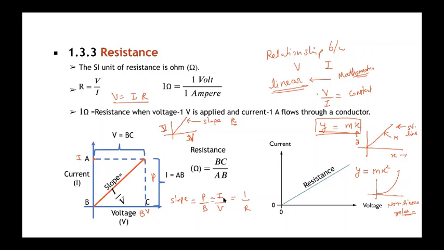Because if I have V here, I here, then I can say that V by I is R, right? Now because I'm using I as current and this as voltage, this is 1 by R. Or you can just say that it will always be a constant. Is it clear? Yes. Okay, so moving forward.